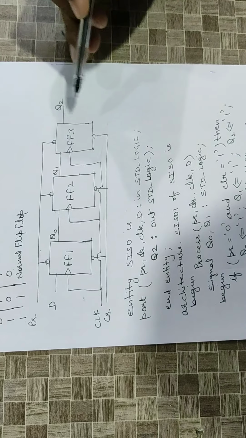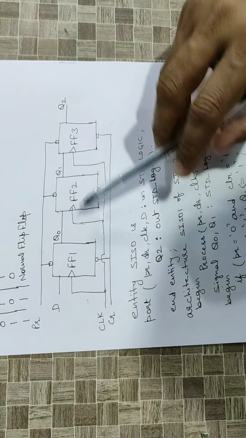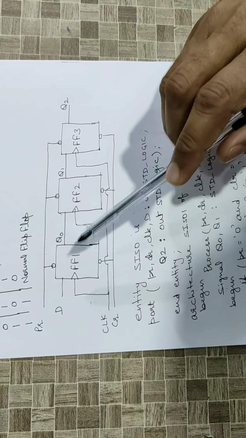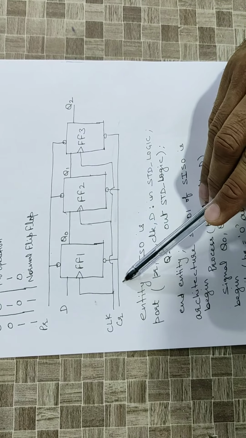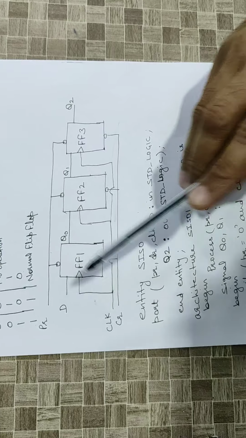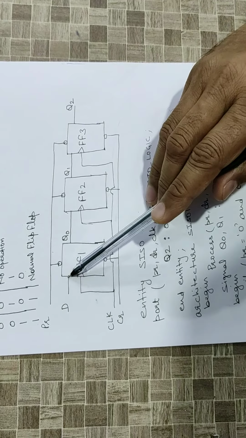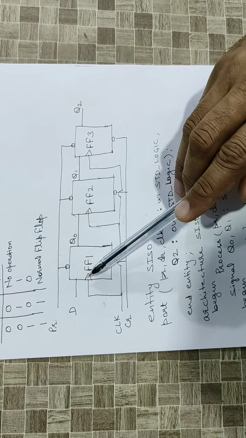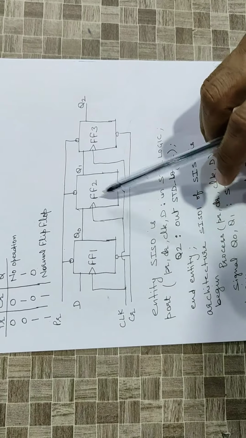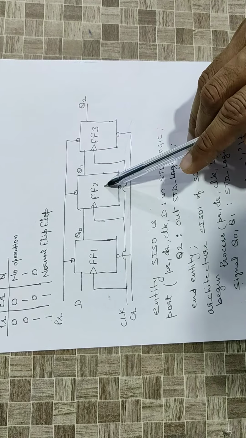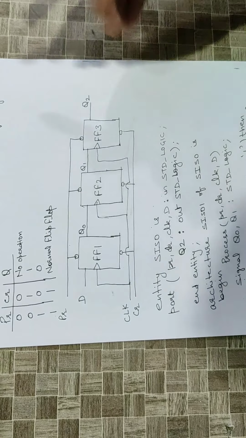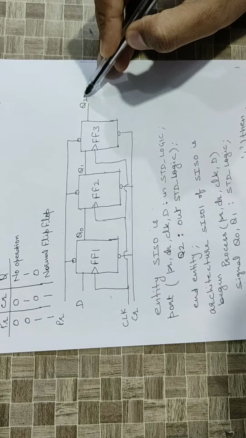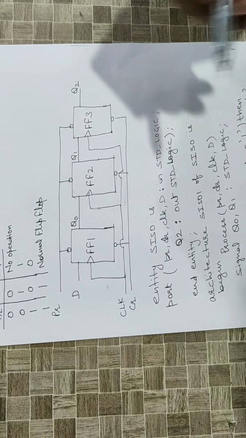For 3-bit, I will require 3 flip-flops, FF1, FF2 and FF3. All the flip-flops are simultaneously connected with preset, clear and clock. For serial in serial out, we have a single bit input at the first flip-flop, and it propagates from the first flip-flop to the next flip-flop, then from the next to the next, and so on up to the last one, where we get the output as Q2 with the passage of every clock pulse.